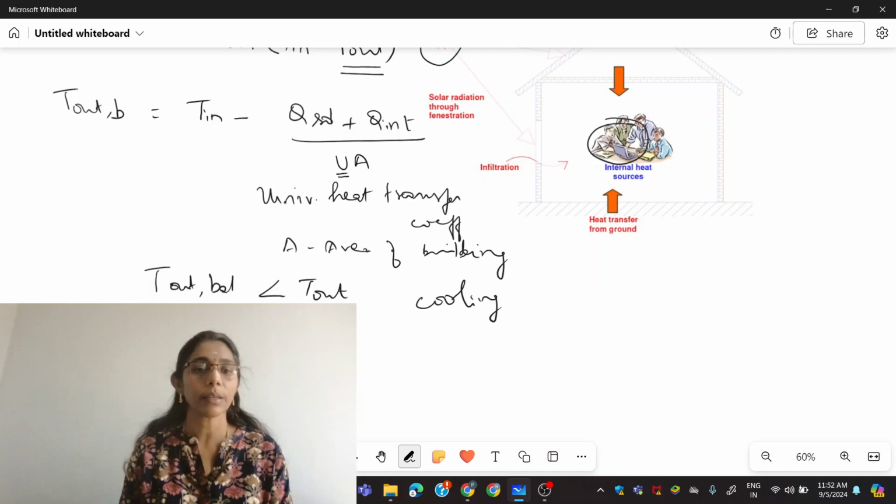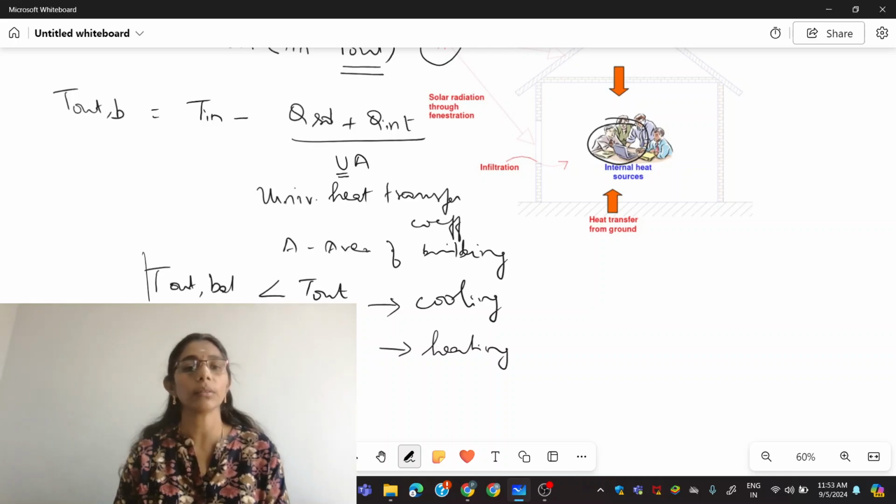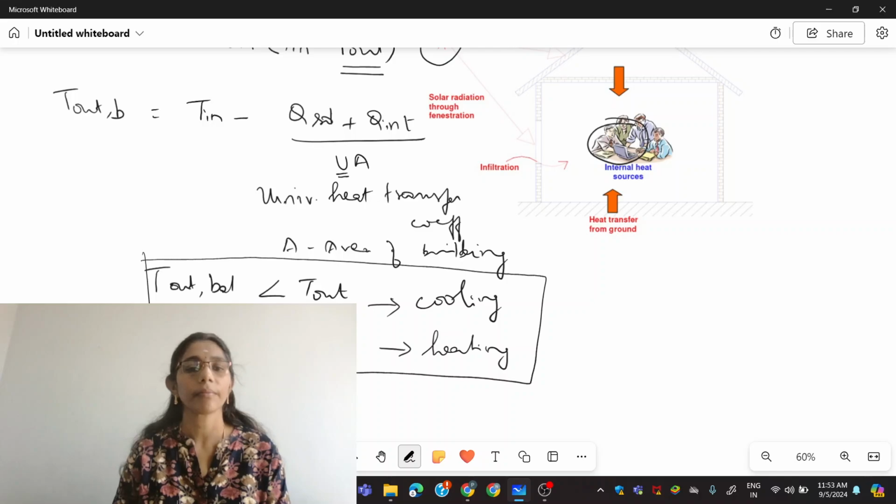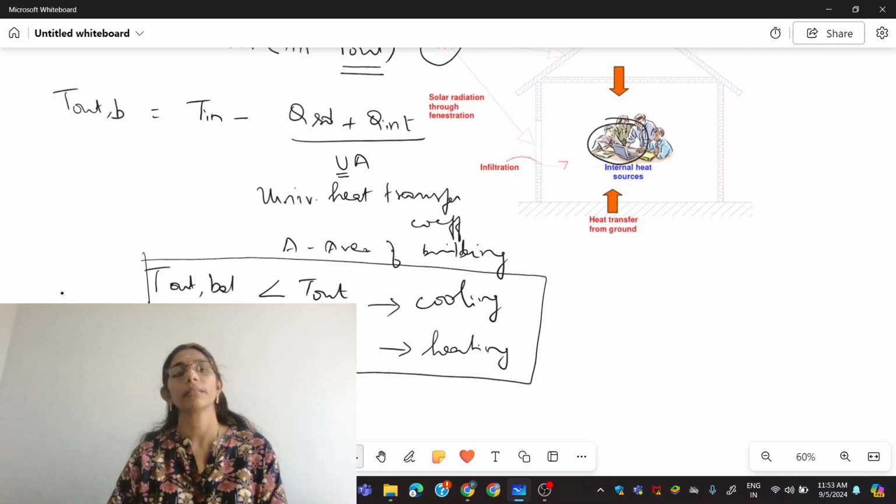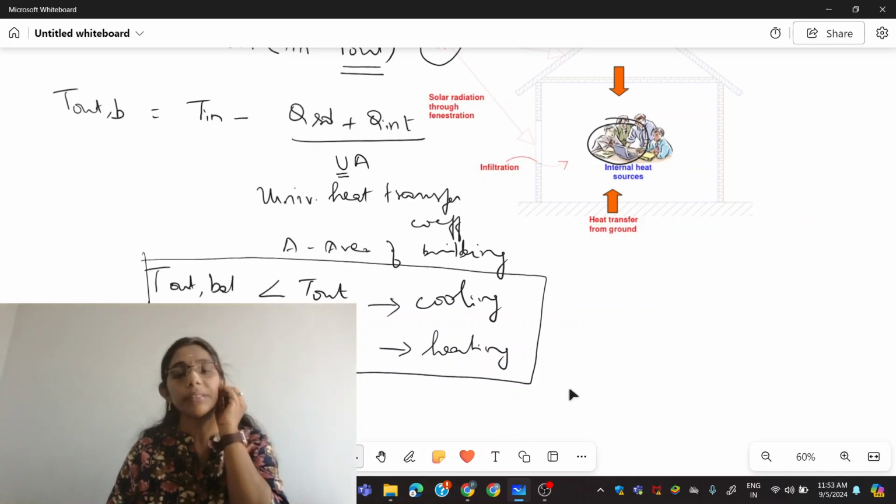And the second case is whenever the outside balanced temperature is greater than the outside temperature, we have to go for heating of the building, right? So this is the thumb rule. You'll have to remember. So what we have seen here,